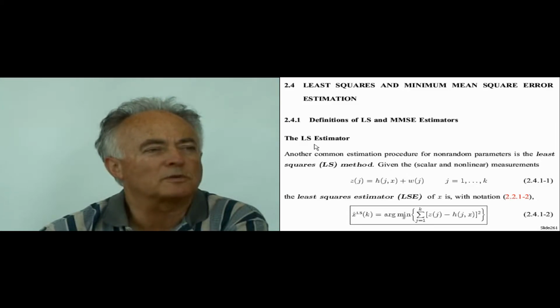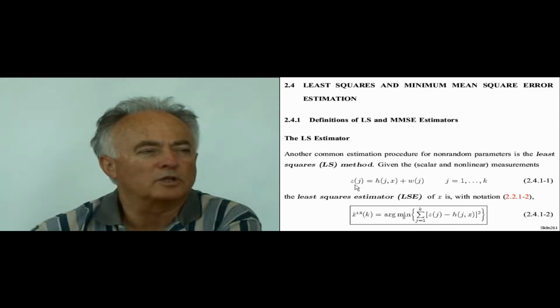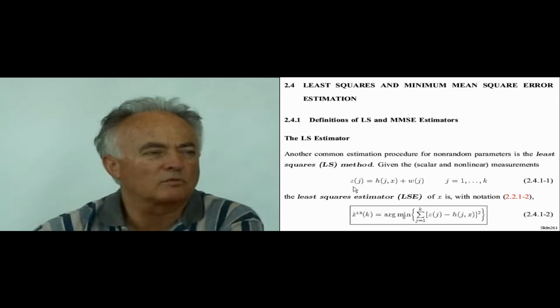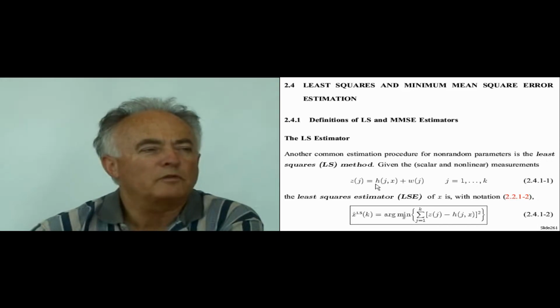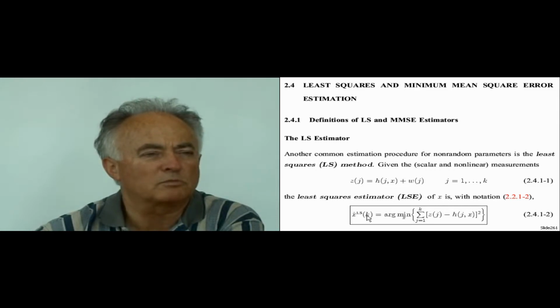The least squares estimator is very common for non-random parameters, and the model for it is as follows. Given k scalar, and in general non-linear measurements, z_j, a function of x as follows: there is an h_j of x plus w_j, and the function h is not necessarily linear. We define the least squares estimator for the parameter x, x hat LS, based on the k measurements z_j,